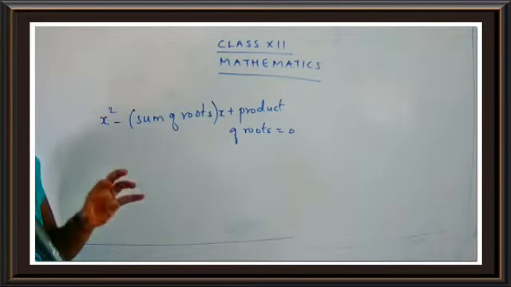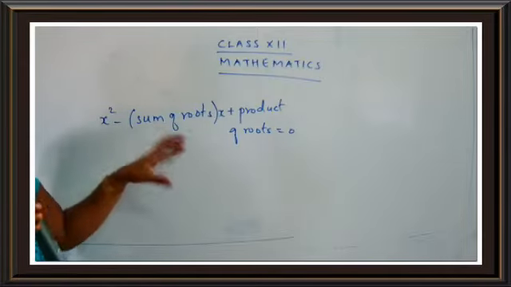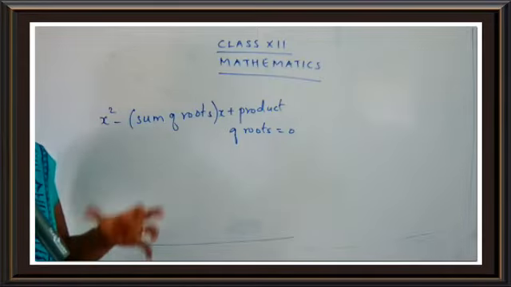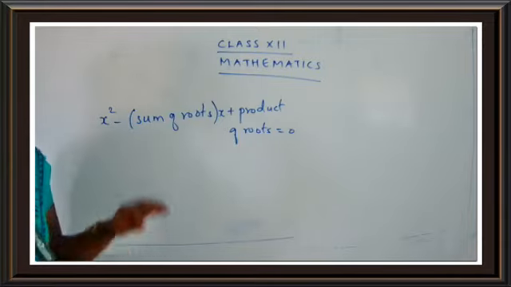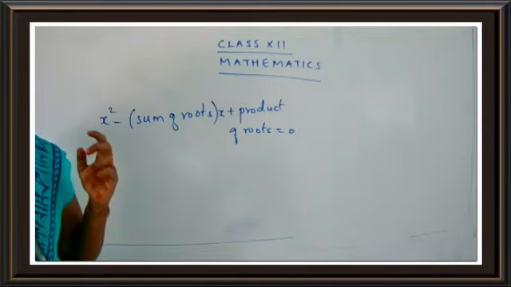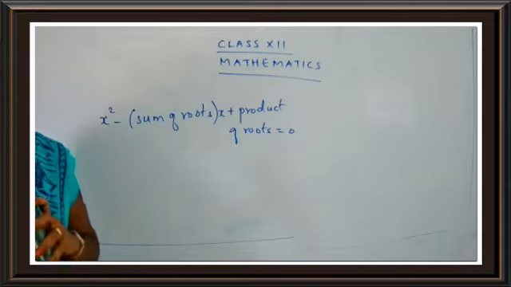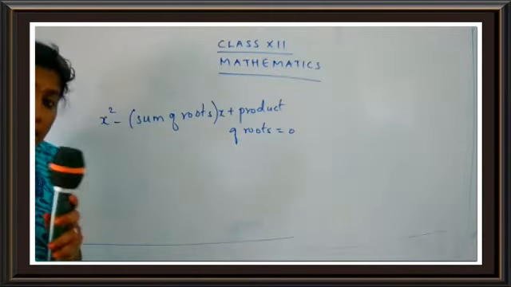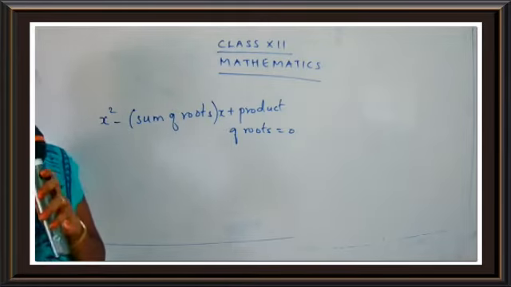Okay, children. So what we are going to do today is see how we arrive at this formula, how you find out this formula and so on. Are you getting my point, children? So today's work is we are going to study in detail the Vieta's formula for a quadratic equation, that is for degree 2, and also we are going to see the Vieta's formula for a polynomial equation of degree 3. So just get ready with your classwork, children.